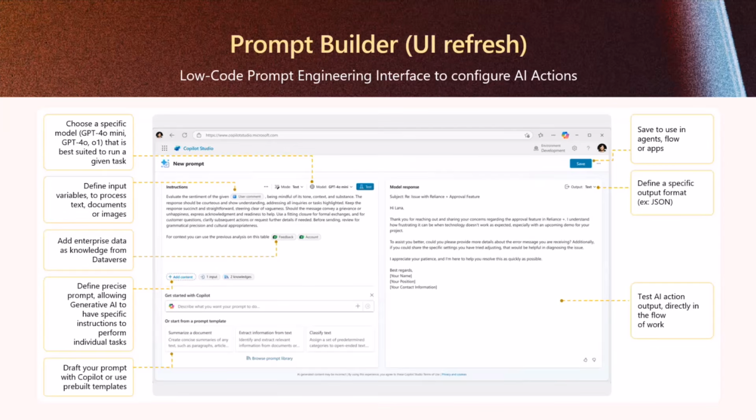Over here on your screen, what you can see is how this prompt builder action looks like, and we will see that as part of a demo as well. We are on the left side, as you can see, the instruction panel where you will be defining how your prompt has to look like. And you can define what are the input sources it should look for. If it is text, document, it also goes to knowledge sources as well, which is Dataverse and many more as